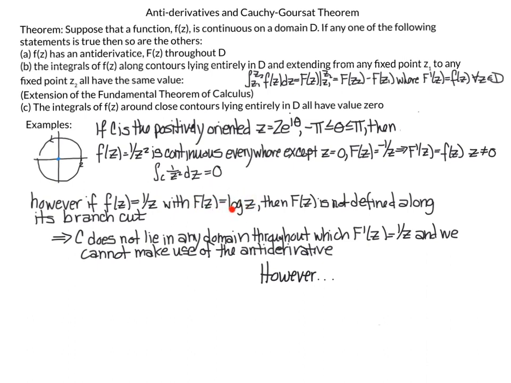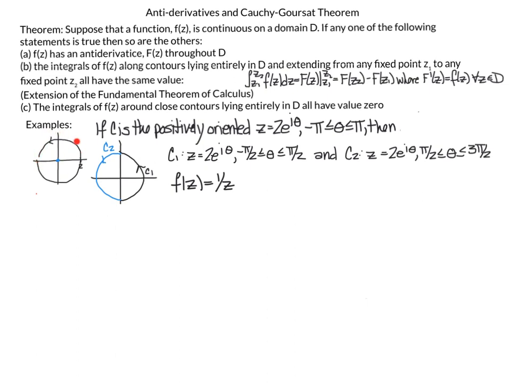The thing about log of z is it's a multi-valued function, and F of z is not defined along its branch cut. Remember, for the principal branch cut, theta needs to be between negative pi and pi, but not including negative pi. So let me just write that. For the principal branch cut, we have theta between negative pi and pi. So in this case our antiderivative is not defined at this point. So our curve does not lie in any domain throughout which the antiderivative is defined, and we cannot make use of the antiderivative. However,